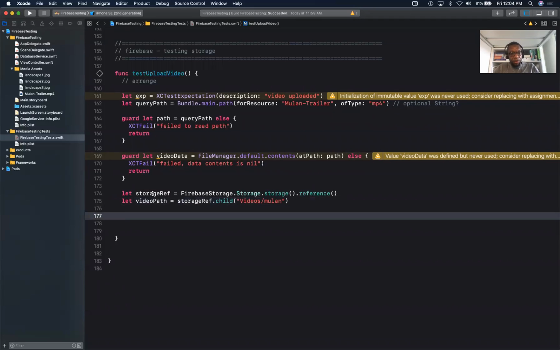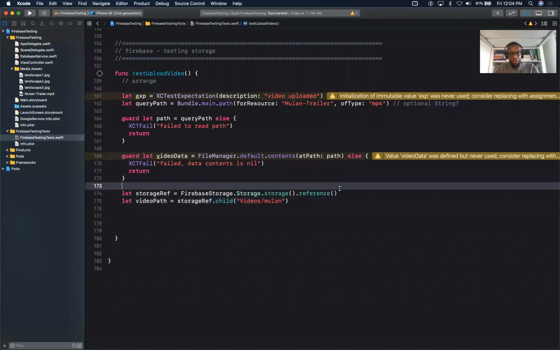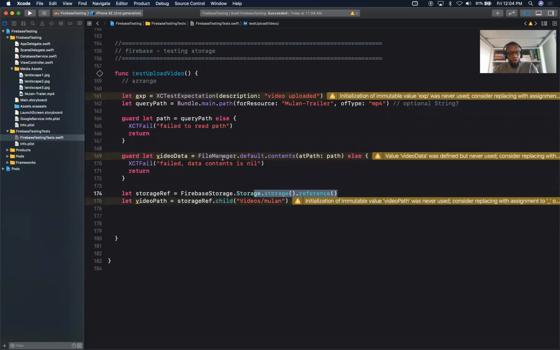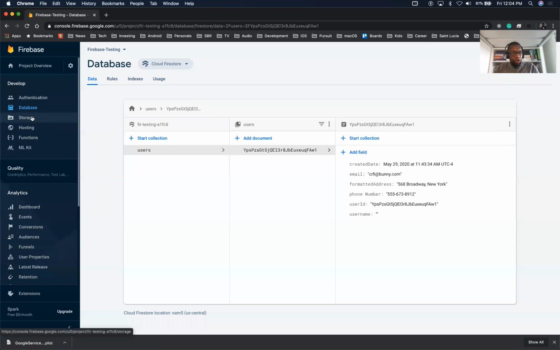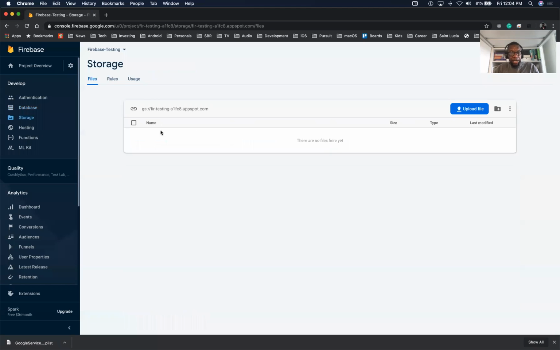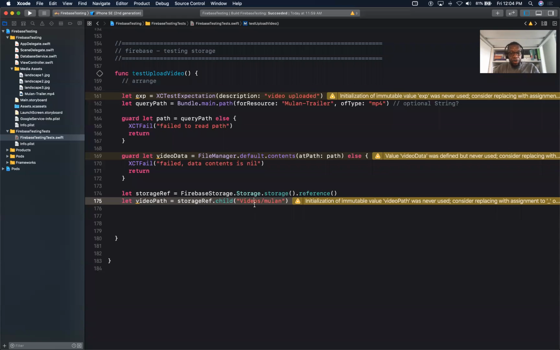Okay, so here we have our storage reference. This reference is to your Firebase storage. This reference points to our storage bucket here. It points here. Everybody with me? Yep. All right. And now we're saying, go ahead, create a folder called videos. And in videos, put Mulan. Okay. All right. We need to create some metadata